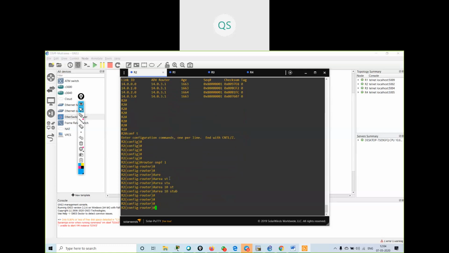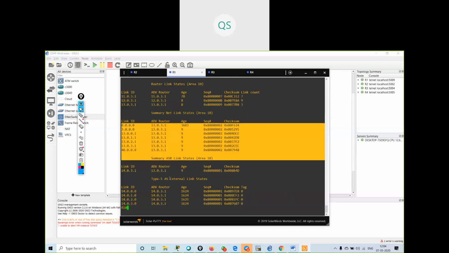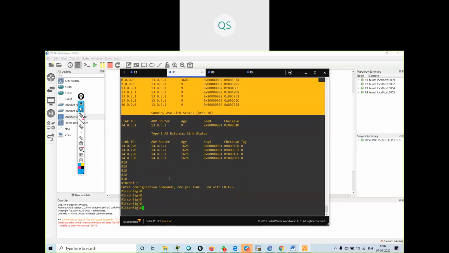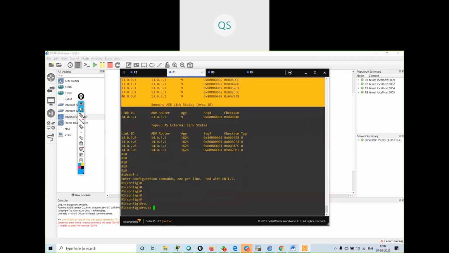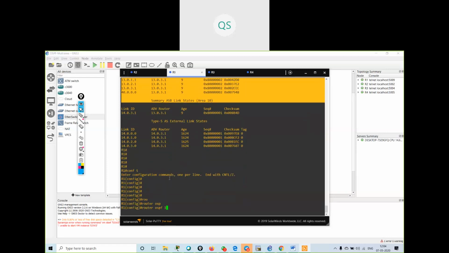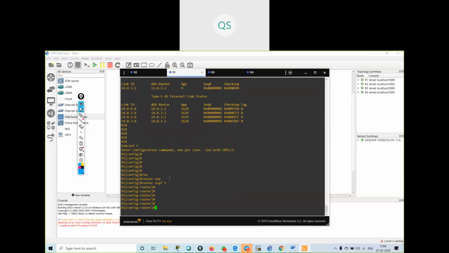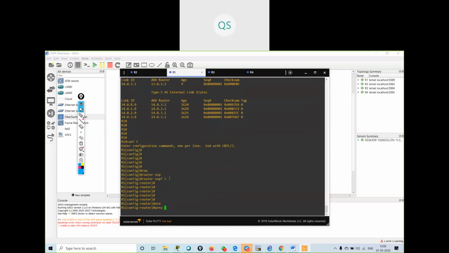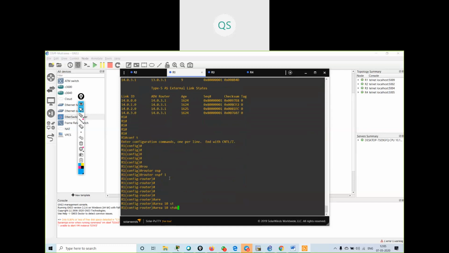I will go on R1 also and say config terminal, router OSPF 1, area 10 stub.